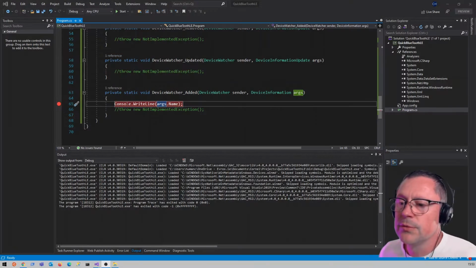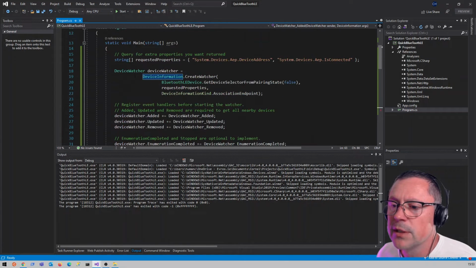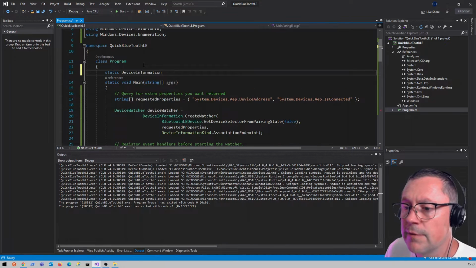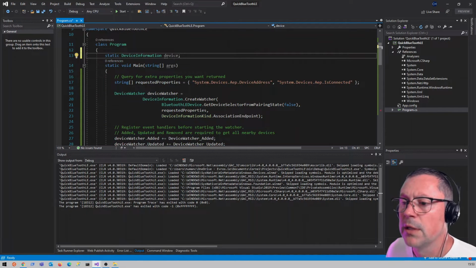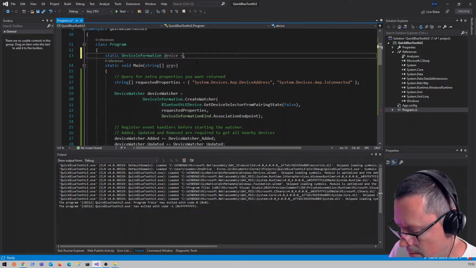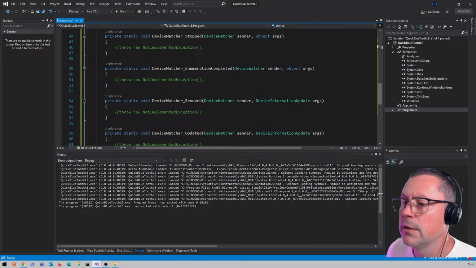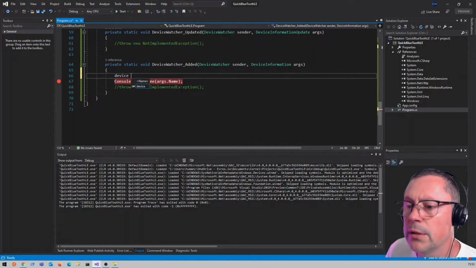Okay, so in terms of what we'd like to do now, if we look at what's coming in here, it's device information, and if it's the device we're interested in, we're just going to do a very simple static DeviceInformation device, and let's just see if that's happening. Yes, that will be my device. I'm going to make it null to start with, and what we will do here,